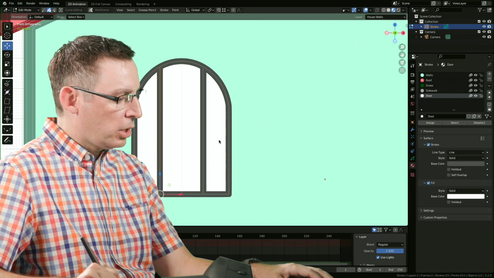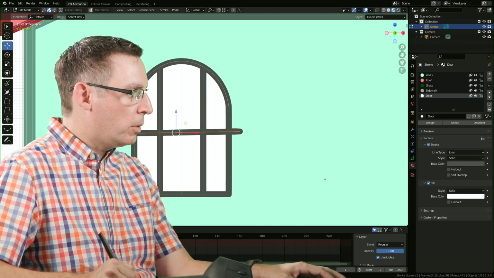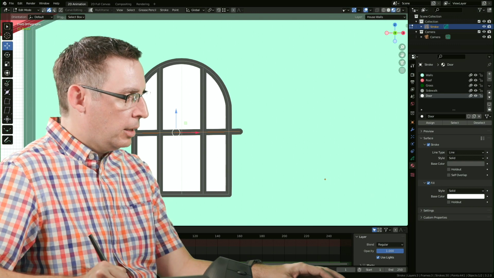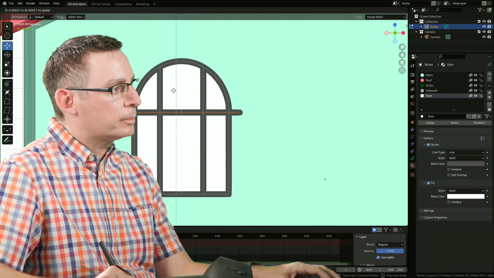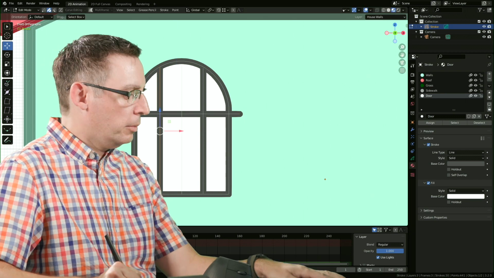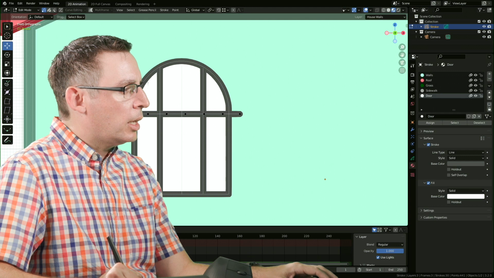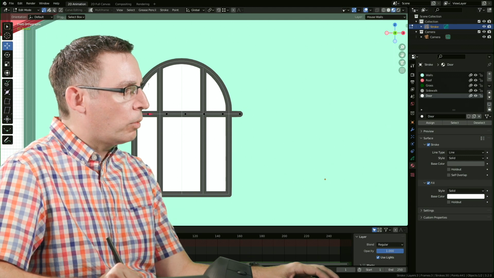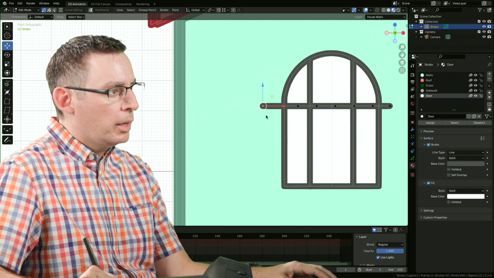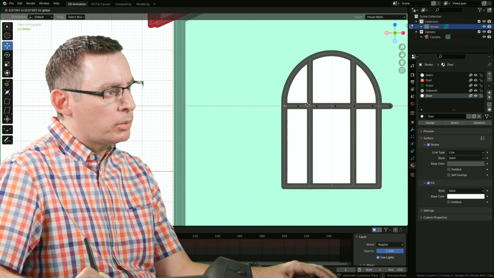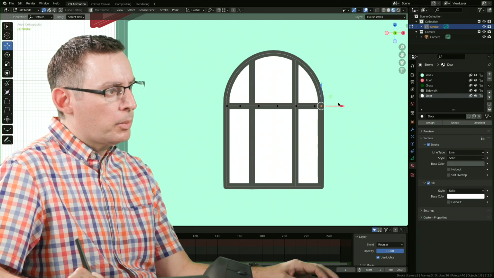Let's go back into stroke selection mode. I'm going to duplicate this one again and then rotate it. Let's see. I'm going to rotate it 90 degrees. Continue making these fun little pieces here. Yeah, there we go. Hit the 1 key while I'm in edit mode. And let's see. I don't need that one right there. So I'm going to dissolve it and grab its neighbor over there and bring it in so it's just inside. Something like that. Yeah, there we go.